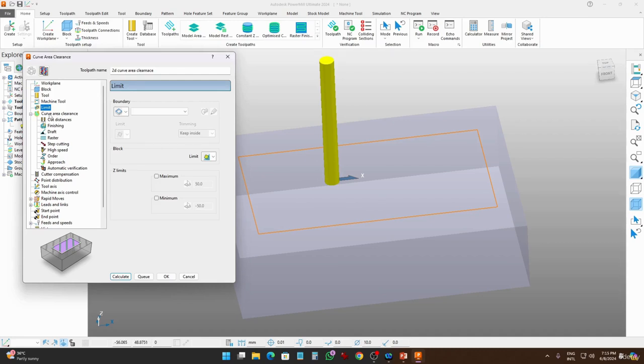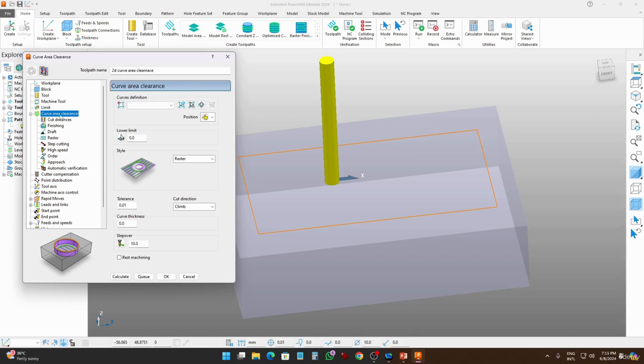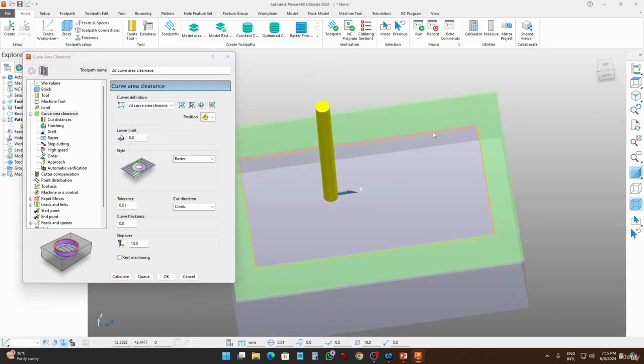Just go to the curve area clearance option, and you have to define your curve. We have a curve here which is named 2D curve area clearance, and you see that this is a green area. This green area shows that the cutting tool will remove the material from outside of the curve. So you have to define the area which you want to remove. I want to remove the material inside this curve. So just go and click on this